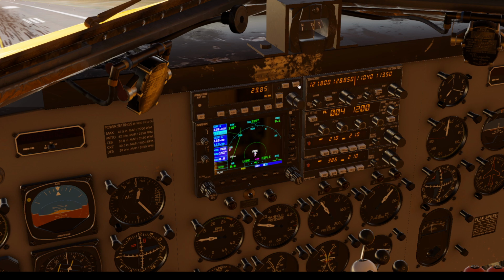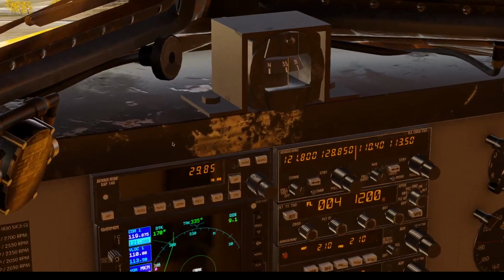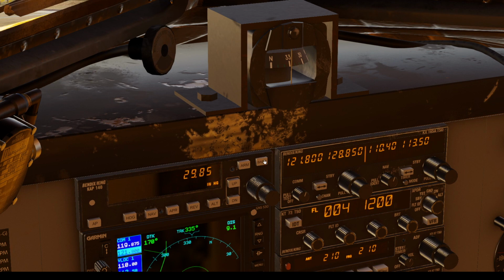But here you can change it by pressing the bar button and using these knobs. If you want to revert to hectopascals, just press the button for a couple of seconds and then you are in hectopascals. It's a bit numb here, but